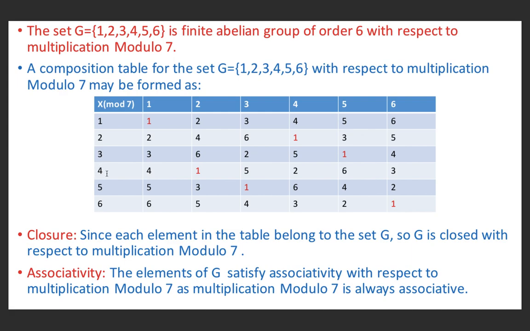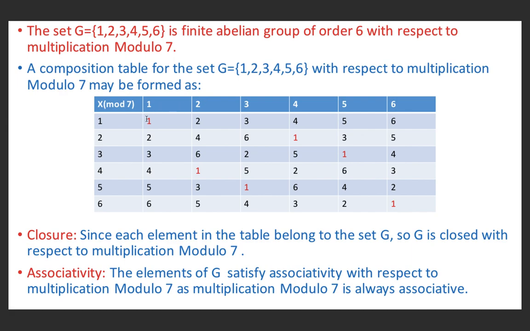Now for the inverse of 4, the identity element is in the second column and the element above 1 in the second column is 2 in the top border row. Therefore, the inverse of 4 is 2. For the inverse of 5, the identity element is in the third column and the element above 1 in the third column is 3. So the inverse of 5 is 3. Inverse of 6: the identity element is in the last column. The element above 1 in the top border row in the last column is 6. So the inverse of 6 is 6.